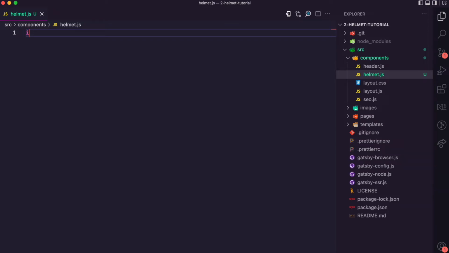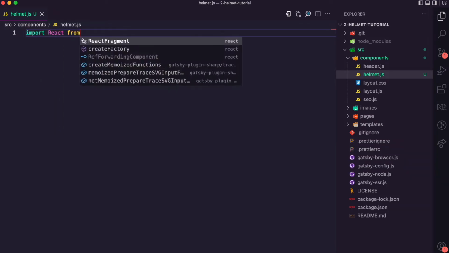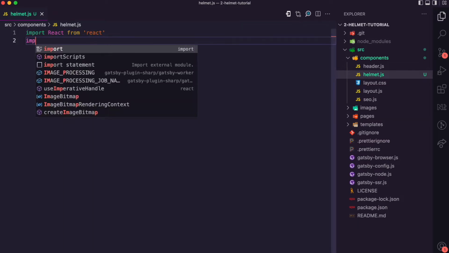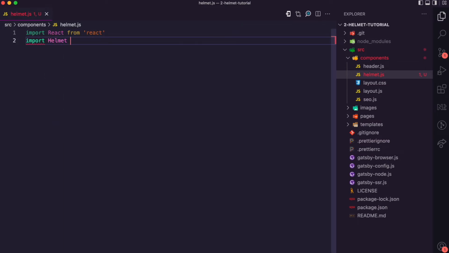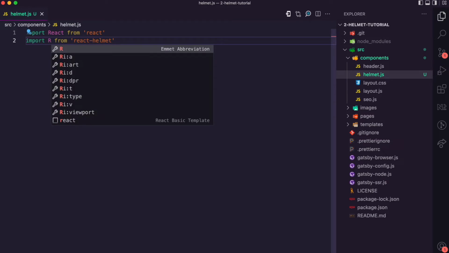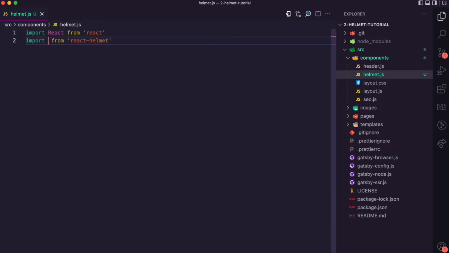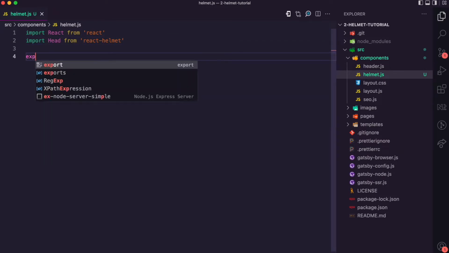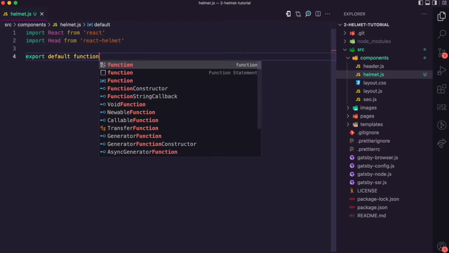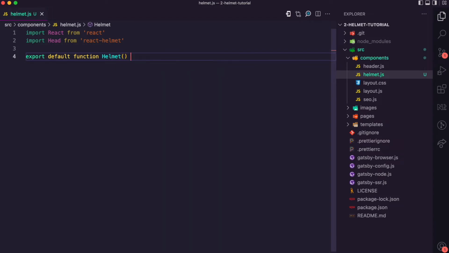pages in our website. I'm going to start by importing React from React, and then I'm going to import Helmet from React helmet. I'm not going to call it Helmet because the component I'm creating is going to be called Helmet, so I'll probably just want to call it something else. I think I can just call it Head, yeah, and then I can declare my Helmet component, and now we